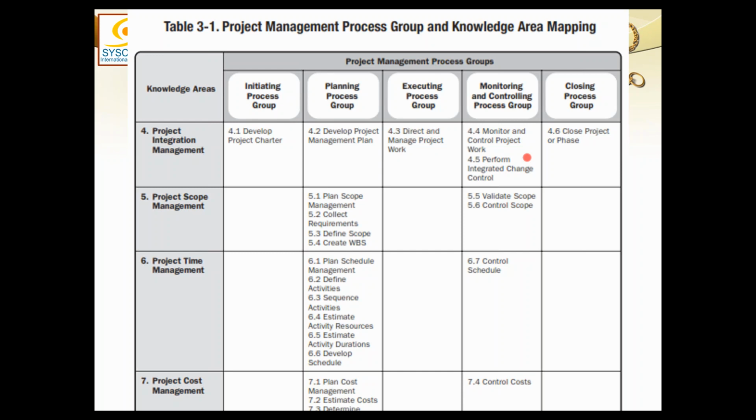Okay, sir. Yes, right. My next question is, if you look at scope, time and cost, these three knowledge areas, you find a lot of processes in planning and some processes in control, right? So why are there no processes in execution? When you are planning something in so much detail, why don't you execute it? Why do you only want to control it? How and when will it be executed?